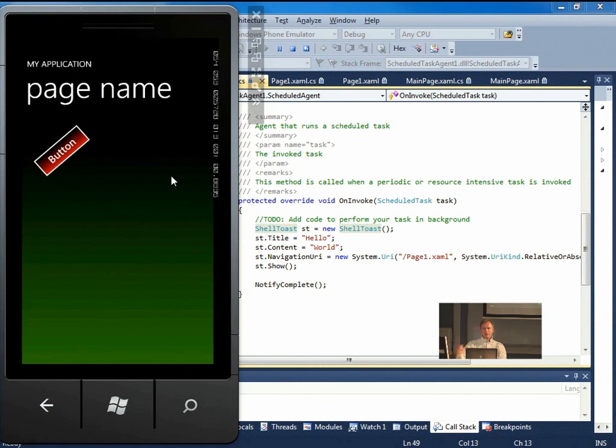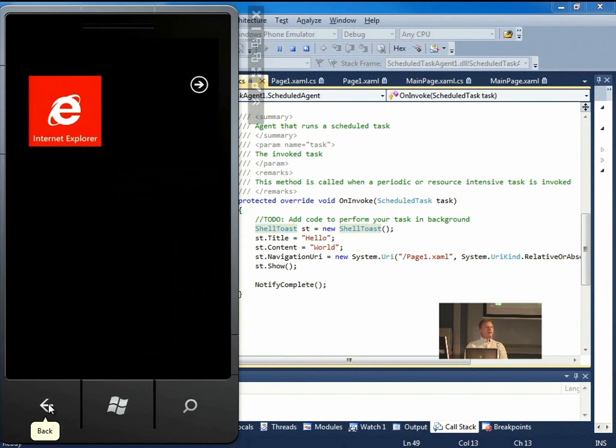If I go back, I'm coming to my main page. Because when I came initially from my page 1 to my main page, I reset the back entry, so that from my main page, if I hit the back key, I go out of my application and I don't come back to my page 1. If I hit my back key, I go out of my application and I have the normal navigation that is expected within my application. And so inside of the Mango release, we see through this demonstration